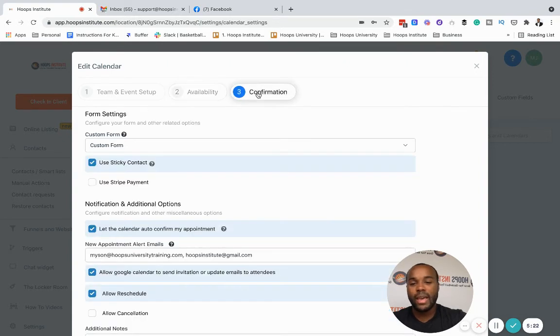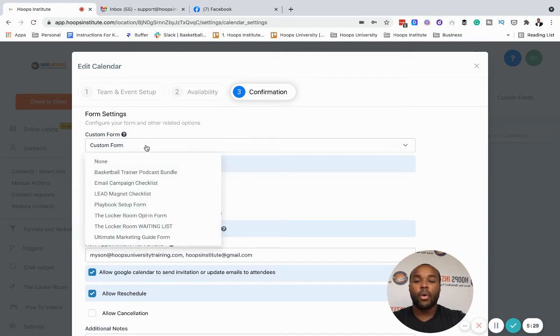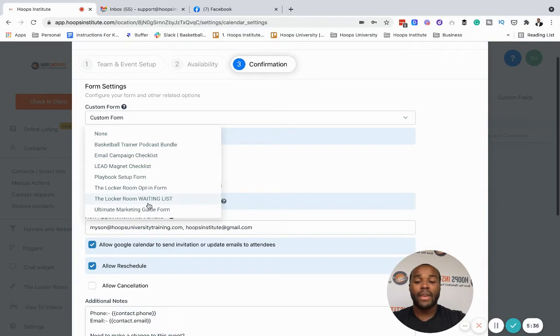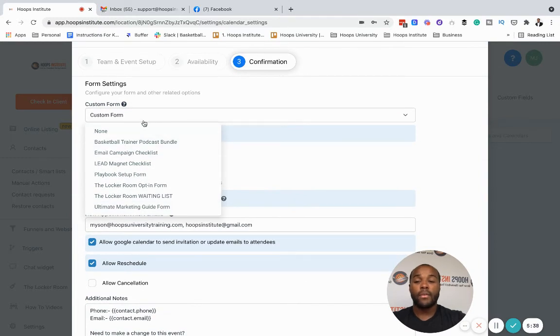After I save that page, last but not least will be the confirmation page. And look, you can add your own form. If you have a particular form here that you want them to fill out, once they are needing to confirm, you can add that here. If you've already created that form, I think the easiest thing would be to have no form here, but sometimes